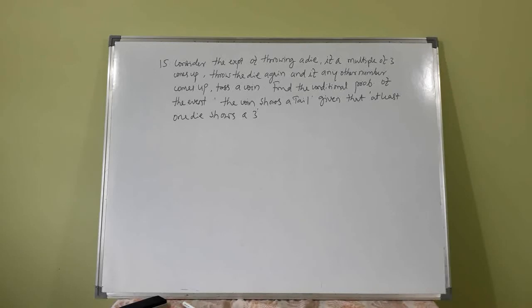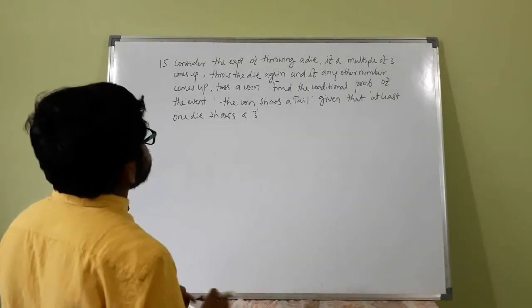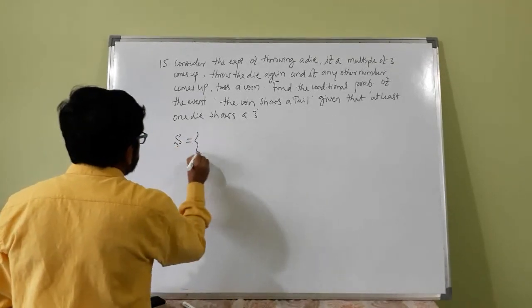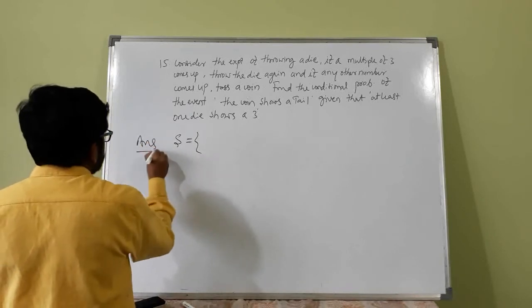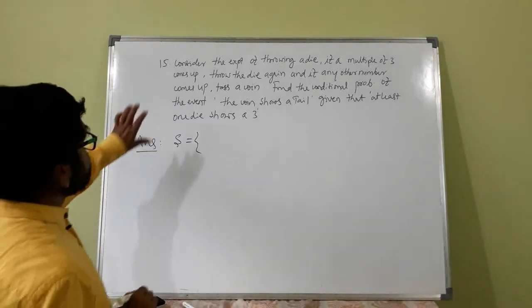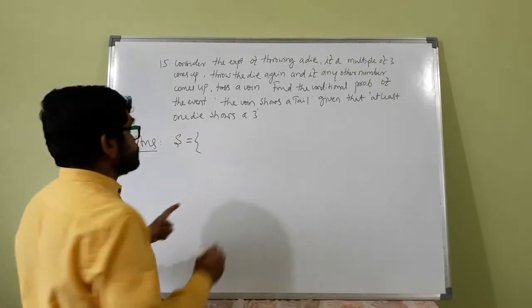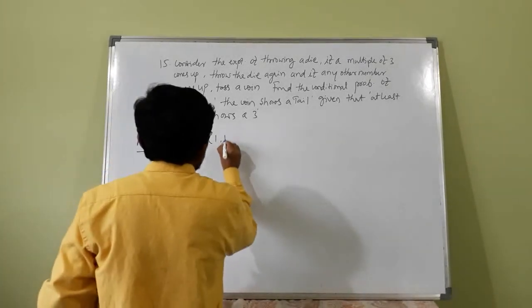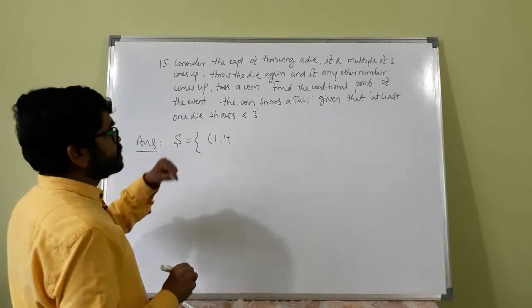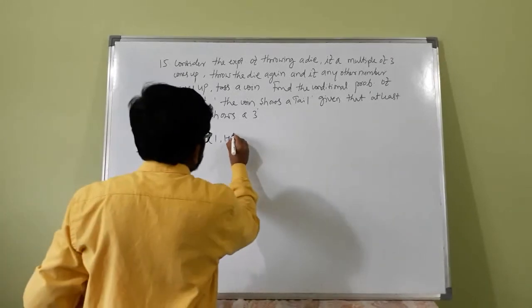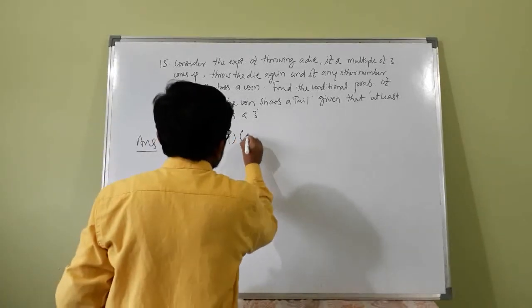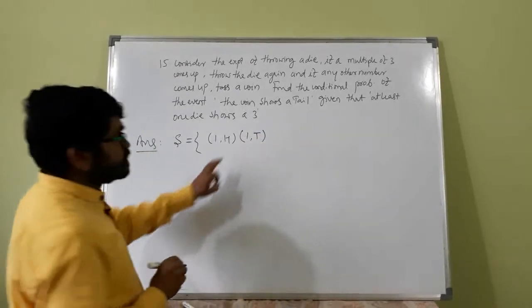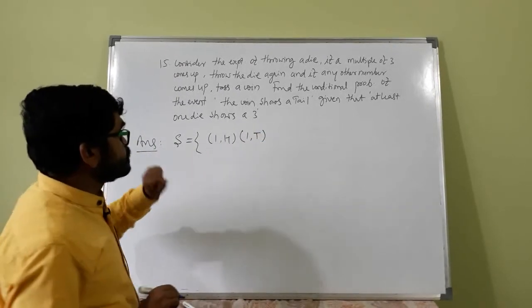Okay, let us work out. What is the sample space S? Let us start. Let us throw a die. Suppose you get number 1. What will you do? You toss the coin, since it is not a multiple of 3. Suppose you get head. This is one possible outcome. Suppose the first number is 1, you toss the coin, you may get tail. No other possibilities if the number is 1.